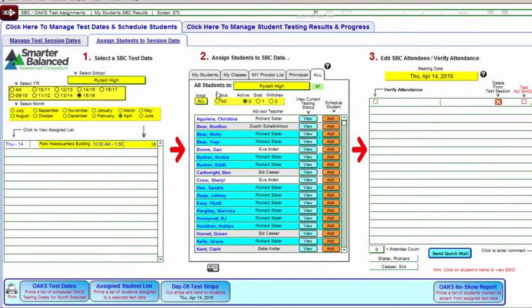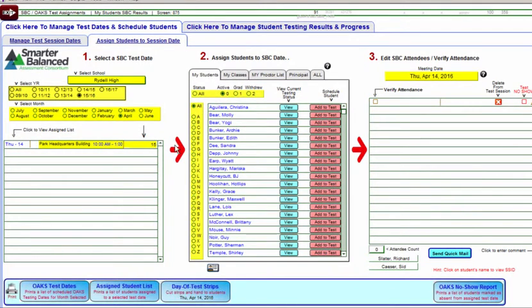Now, once you have created this test date and maintained that it's active, you can come over to your list of students and you can begin to assign those students to a test date. So I'm going to assign a few students to this test date just by clicking this button that says Add to Test. And I will assign, for instance, Yogi Bear to that test date, and I'm going to assign Edith down here, and